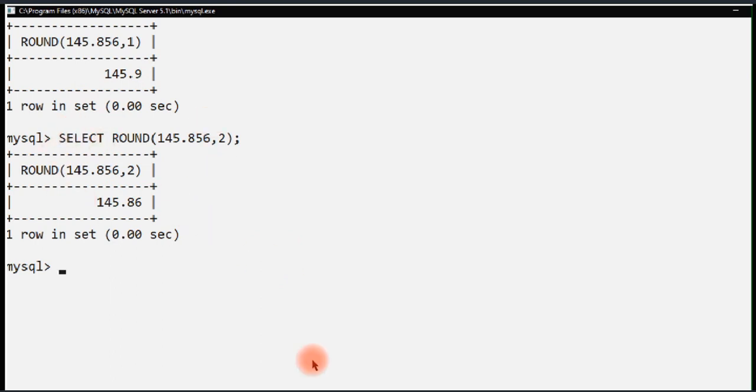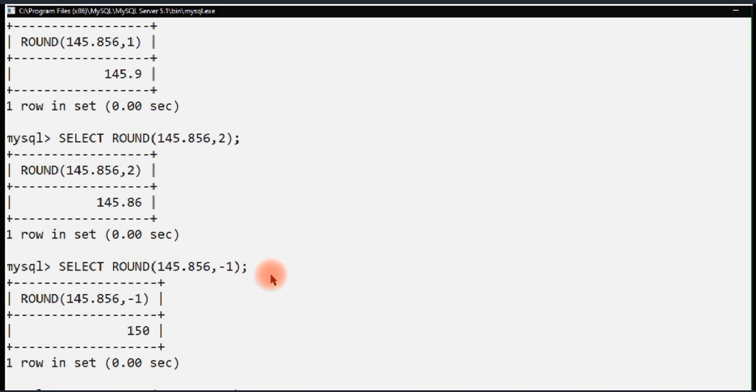So let's deal with negative numbers. In place of 2, I have written -1 here. Now when we are giving a negative parameter, we have to be least bothered about the decimal part. There is no use of the decimal part now because the second parameter is -1. It means the ones place will be converted into tens. How? It will either go to the 0 side or it will be 10, because it is 5 or above. So we are taking all the values which are 5 or above, so it will be on the 10 side and it will become 150.